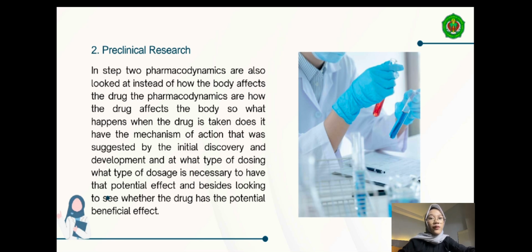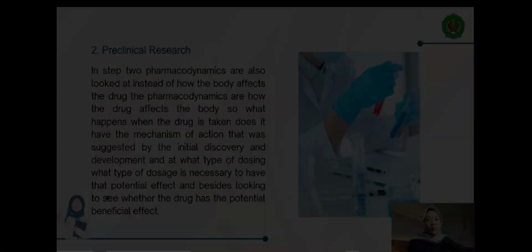Does it have the mechanism of action that was suggested by the initial discovery and development, and at what type of dosage is necessary to have that potential effect, and besides looking to see whether the drug has the potential beneficial effect